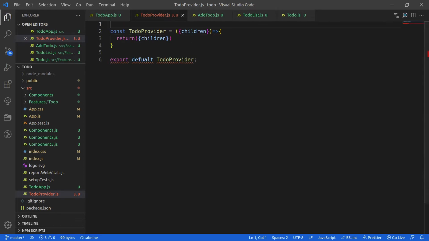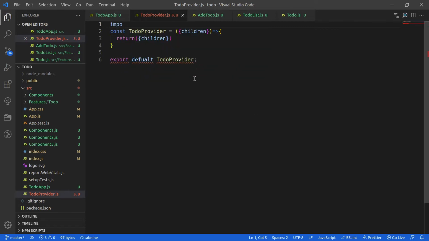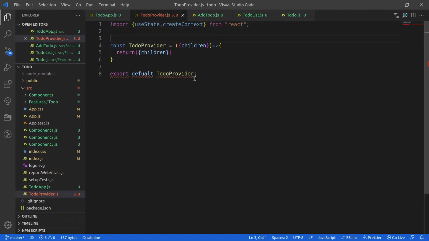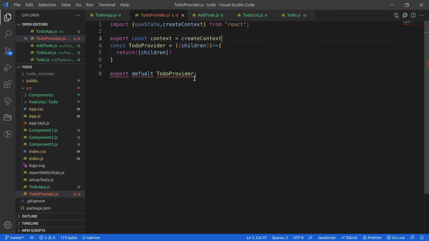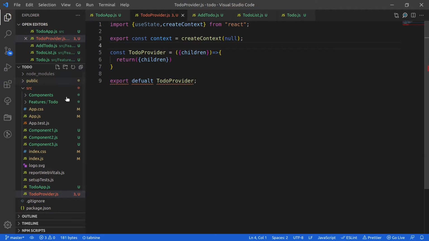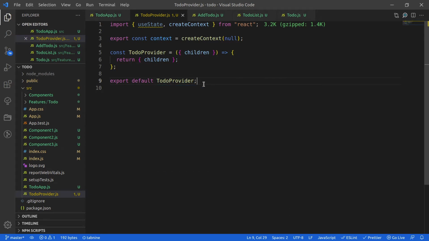Let me now import useState and createContext from React. Okay, and then export const context is equal to createContext, the same syntax that I used earlier in my last video, right? So let me remove this error also.